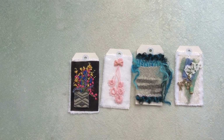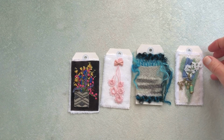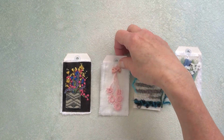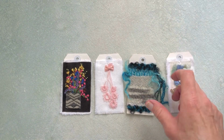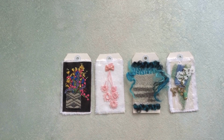And I can't believe it's halfway. I've enjoyed every minute of it, and I know I say this every time, I enjoy everything everyone else is doing too. I actually enjoy it more than I enjoy mine because I look at yours and I go, oh no, I should have done that. But anyway,